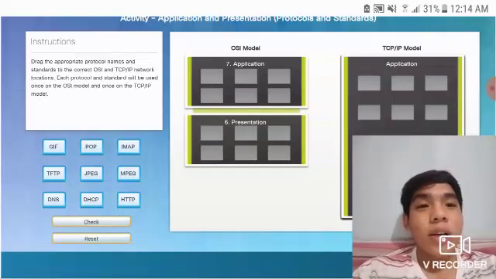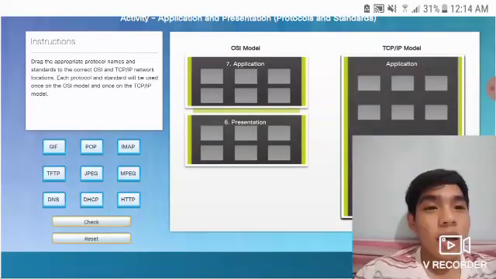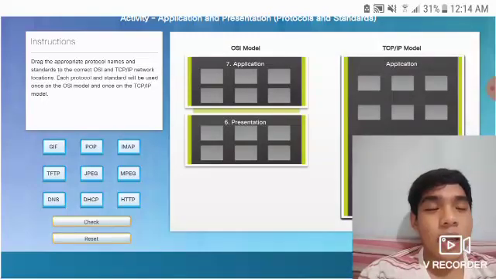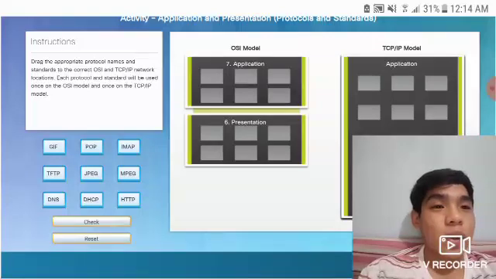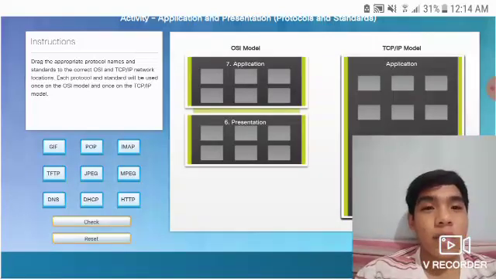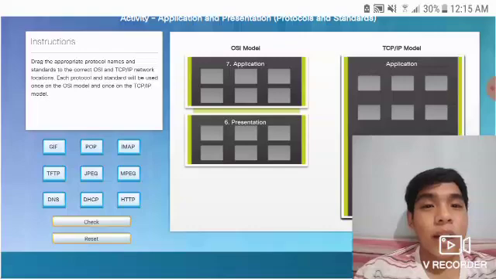In our table here, one is under the OSI model and the other table is the TCP/IP model. There are given protocol names and standards to correct OSI and TCP/IP network locations. Then we will be dragging them to the corresponding location. The given ones are the GIF, the POP, the IMAP, the TFTP, the JPEG, the MPEG, the DNS, the DHCP,